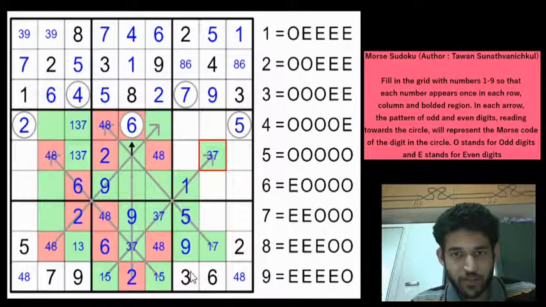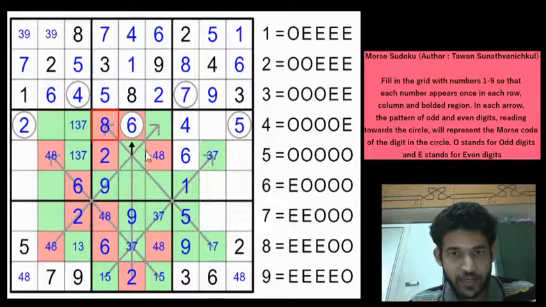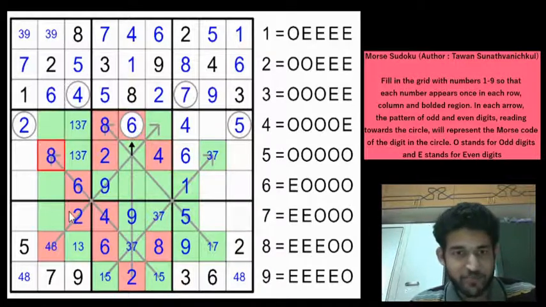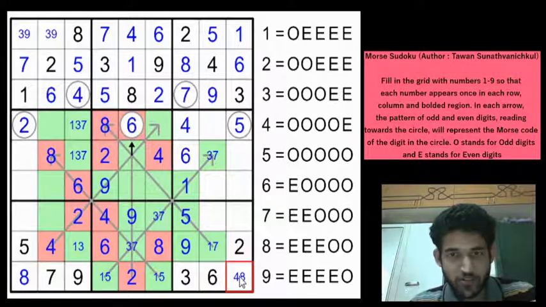Let's look at column 7, 1, 3, 5, 9, 2 and 7. Remaining digits are 4, 6 and 8. So this cannot be a 6, this would be 4, 8 and this would be 4, 6 and 8. Oh, you can't have a 4, 8, right? 4, 8 pair is already locked. So this would be a 6, which gives a 6 here and an 8 here and a 4 here, which immediately gives an 8 here, a 4 here, which gives an 8 here and a 4 here. And this 4 gives an 8 here, which gives a 4 here and an 8 here. Wow! Because of placing the digit 6 here, we were able to uncover many of the even digits, and this 8 also gives a 4 here, right?